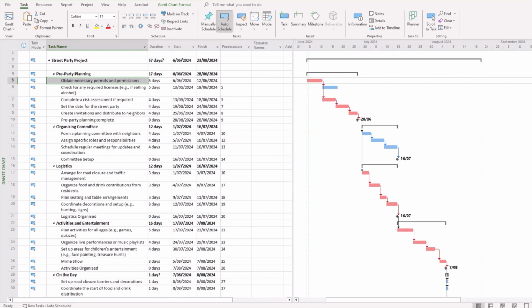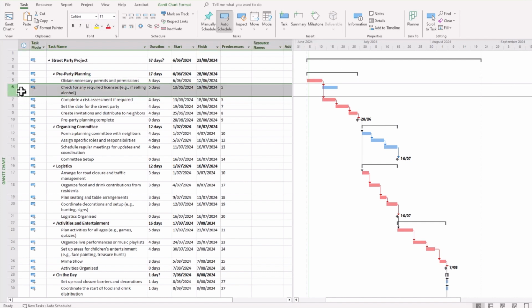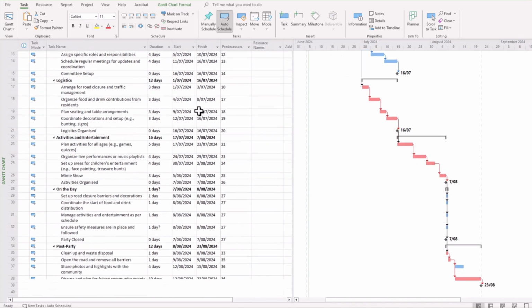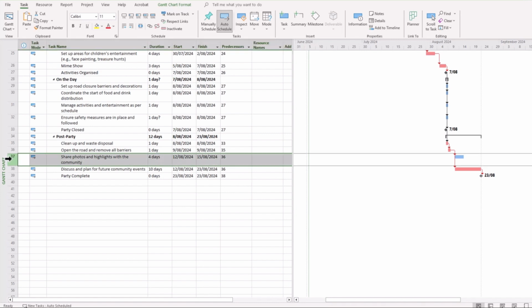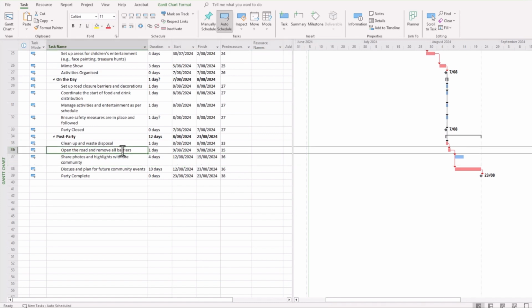Now, another situation that we should check in our project schedules are tasks that have been left unlinked. Now, we have an example of that here. You can see task 6 here, for example. You notice there at the end of the bar there is no arrow that comes out of it. Really, the only task that should have no arrow coming out of the end of it is our final task here. And you can see another example here of a situation there.